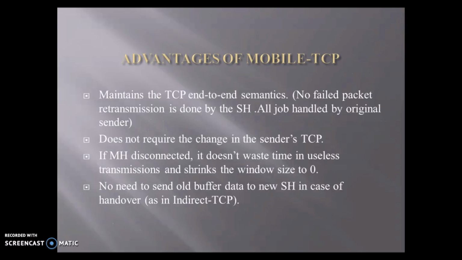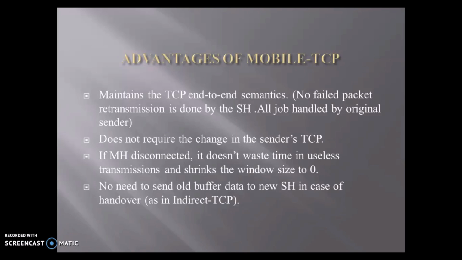The advantages of mobile TCP. The first one is that it maintains the TCP end-to-end semantics, and no failed packet retransmission is done by the supervisory host. All the job is handled by the original sender itself. The second one is that it does not require a change in the sender's TCP.